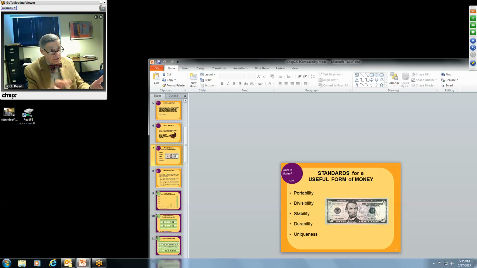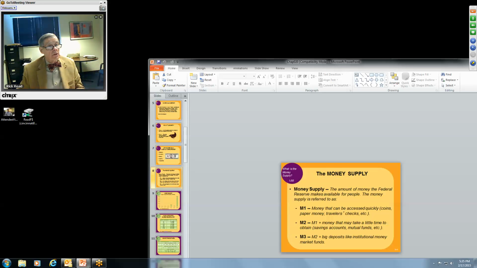And then finally, uniqueness. And this is something that most governments are trying to do. They're trying to make, especially their folding money, which is most often counterfeited, unique in some measure. Lincoln's picture here on the $5 bill is off center. There's a few other things. There's security threat in folding currency these days, and a few other type things. So that's what talks about unique. It's what sets it apart from other things. And you go to other countries and they have different types of denominations than we have.